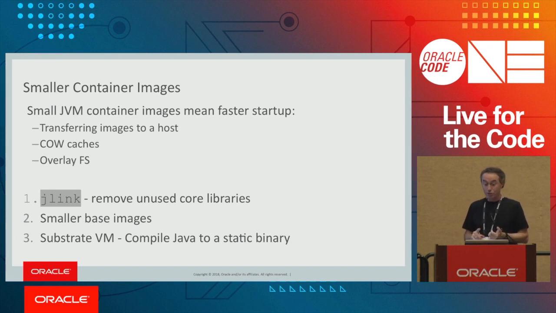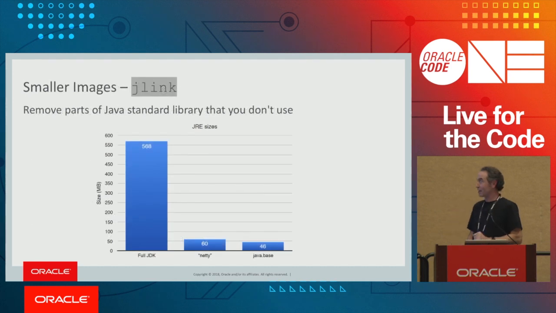Small is good. So in Java, you've got a couple of options today, right? So you have JLink. Anyone using JLink? No? The JDK team are going to be so sad if I report back. So JLink, we'll talk about that. Smaller base image, so start with Docker images that are small, and then Substrate, and I'll get to Substrate, the Graal stuff, and that's really exciting.